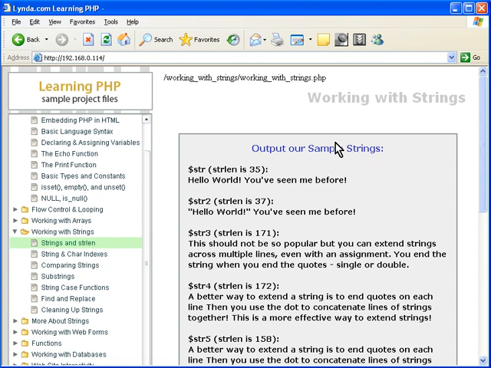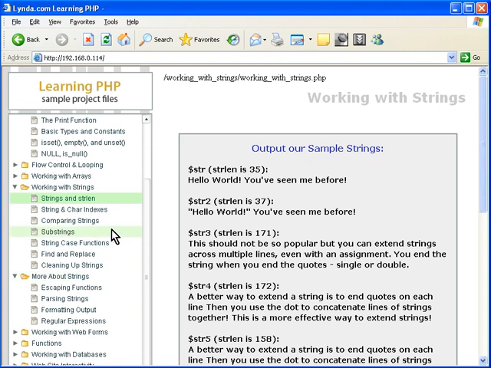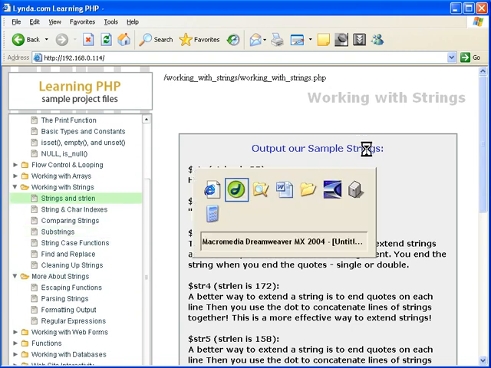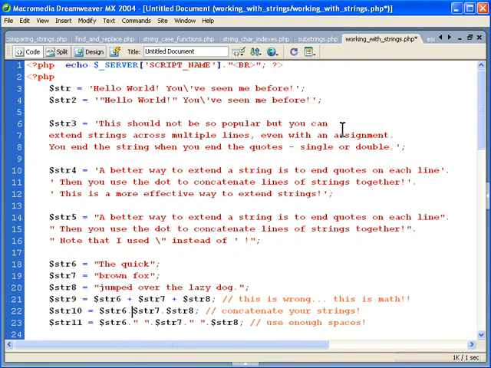We're going to talk a little bit about strings, just as a basic thing here. We have really great information in the working with strings section, and then more about strings, where you can get a lot of detail here. And I'm just giving you an overview. So if we look at working with strings, and we have a bunch of the string files open here in Dreamweaver,